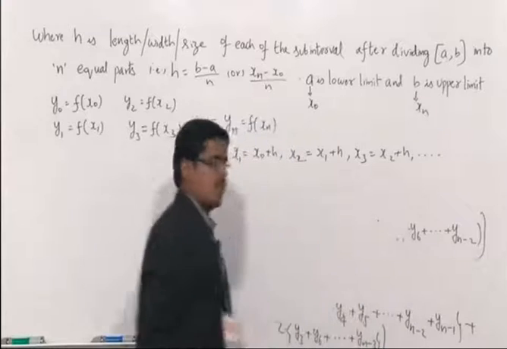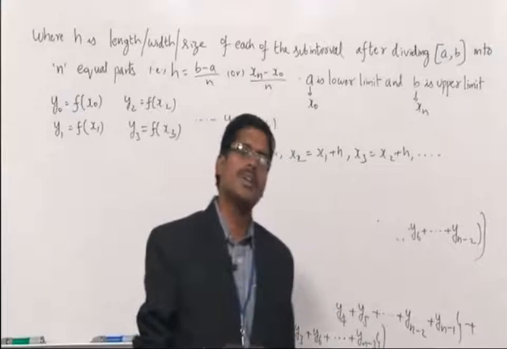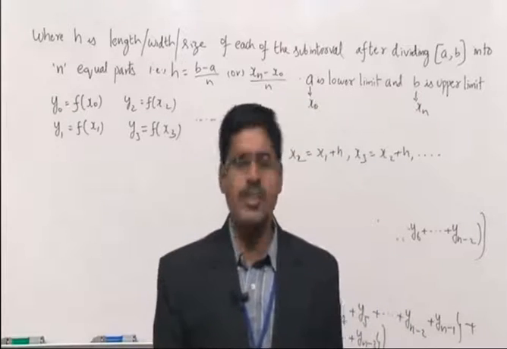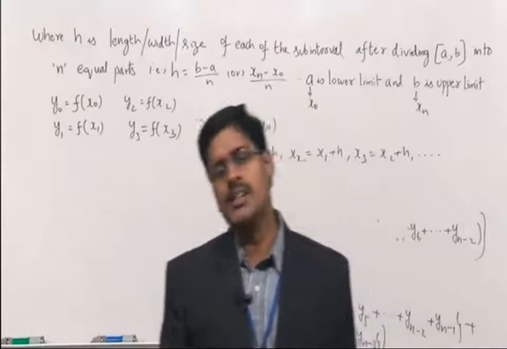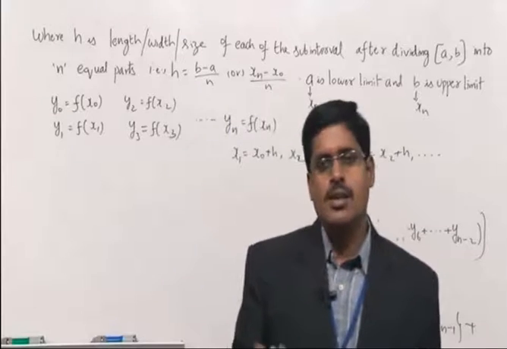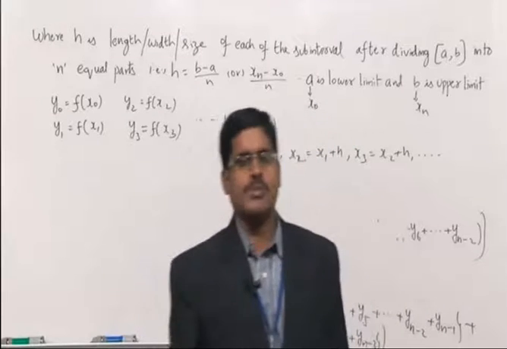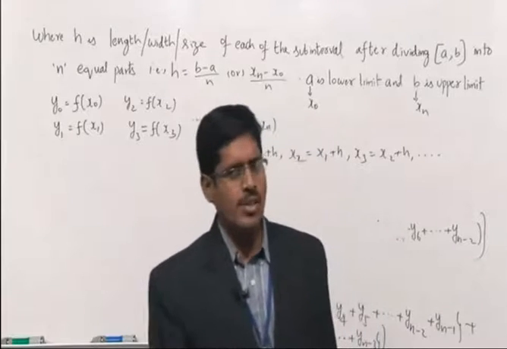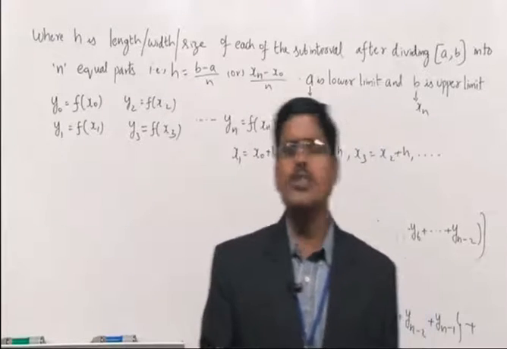So in all these rules, in the trapezoidal rule, first is h by 2. In Simpson's 1/3 rule, h by 3 is the outside term. In the 3/8 rule, 3h by 8. Now coming to the inside terms one by one. The first bracket, y0 plus yn, that is adding the end values of y, and all other values multiplied by 2,